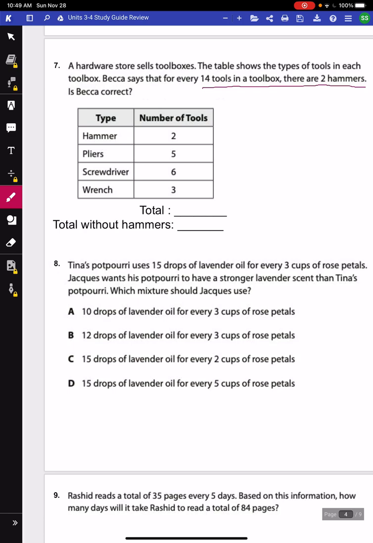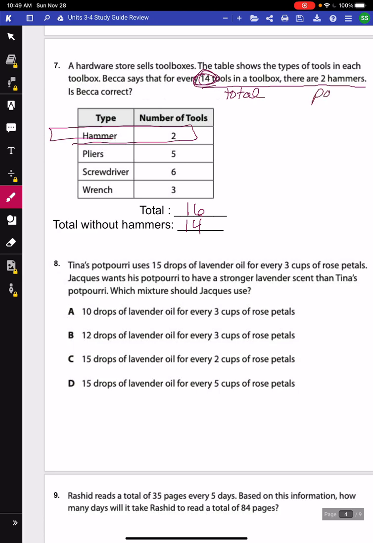So if we add all of these together, we get 16. So that should be our total. But where is she getting this 14 from? Well, if I take 16 and I subtract the 2 hammers, I get 14. So it wouldn't be 14 tools, 14 total